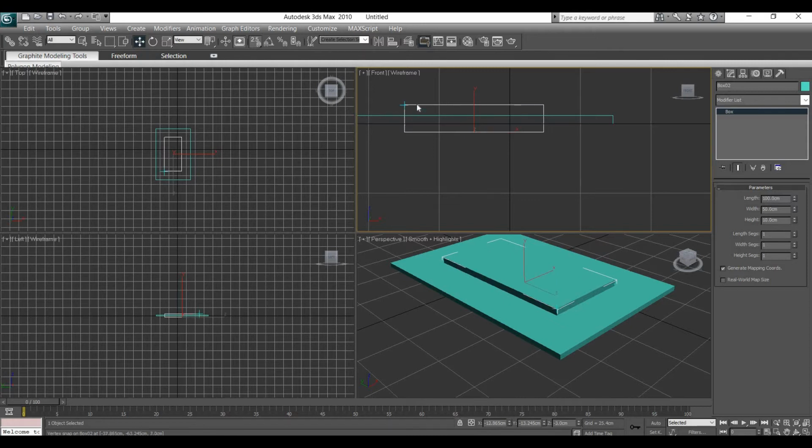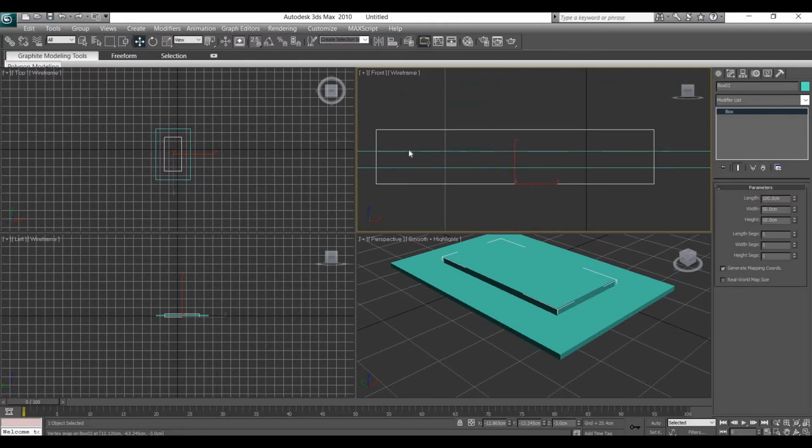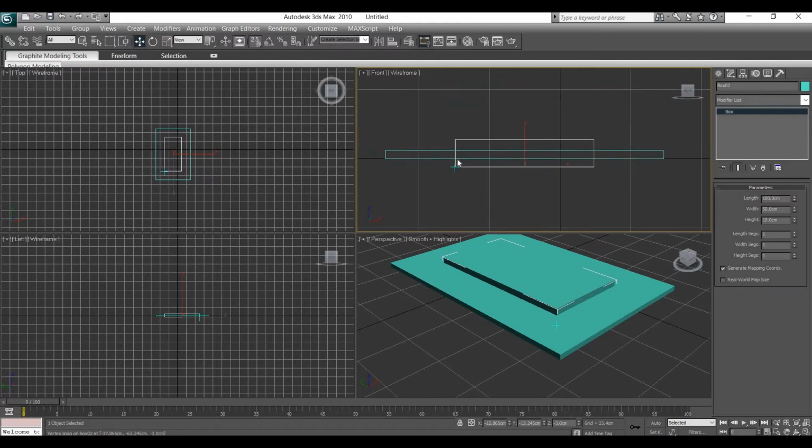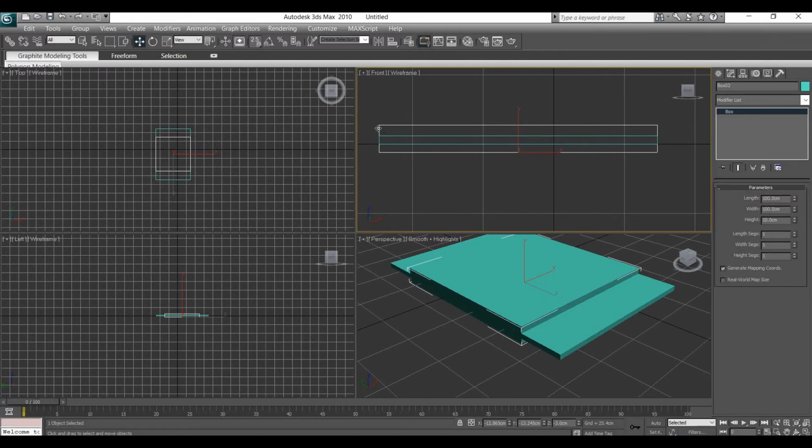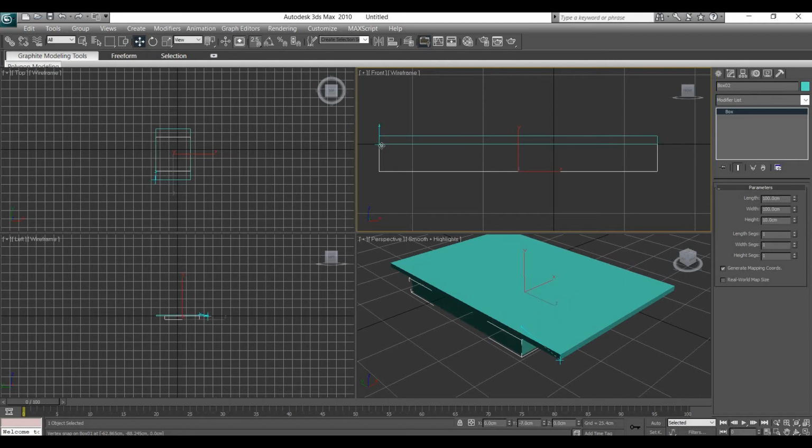Here we don't have vertexes, so we can't just bring this object up to here. So what I'm going to do is change this to 100. Okay, so this will become the same size as this one. So we have a vertex under this position, so we can easily bring the